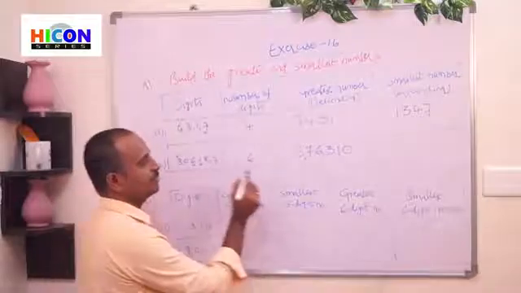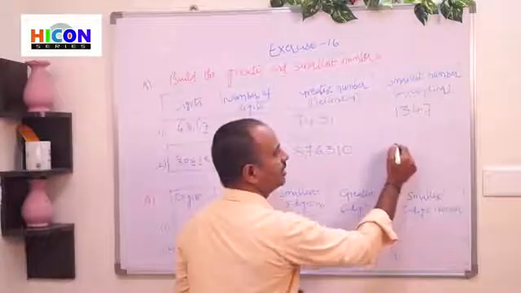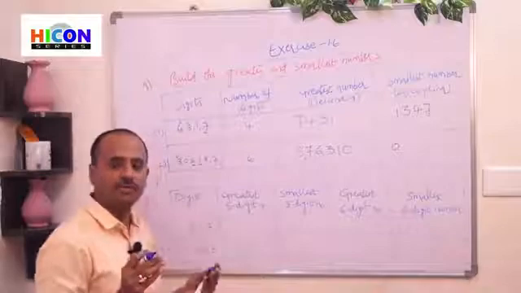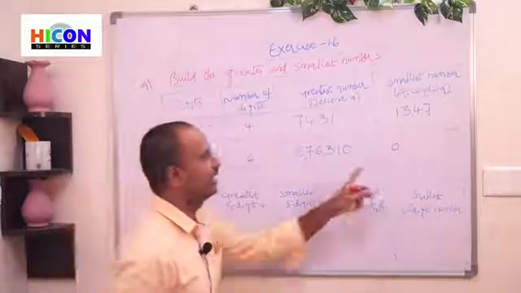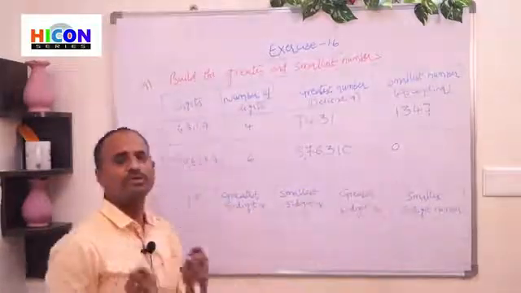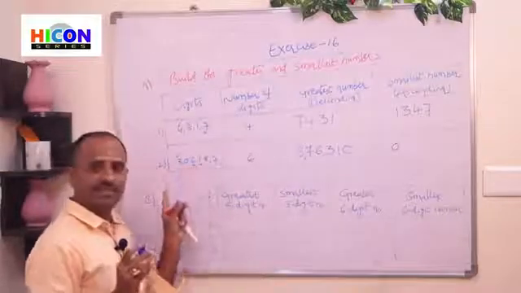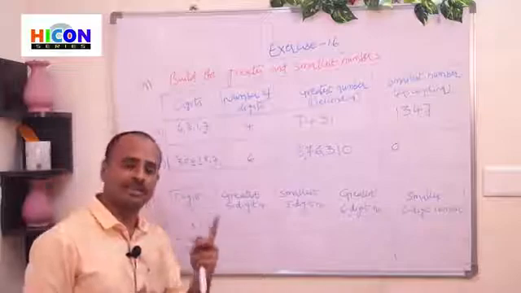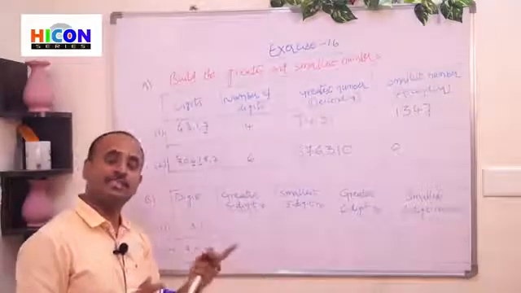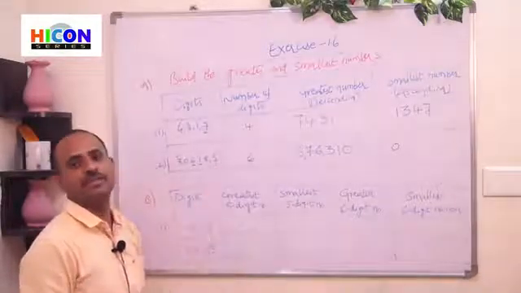So 0 is the smallest. Remember children, we should not start any number with 0. If we start any number with 0, it has no meaning. That's why, if 0 is present among the given digits, write 0 in the second place and write the next smallest digit in the first place.